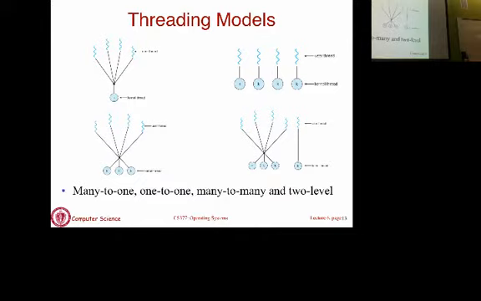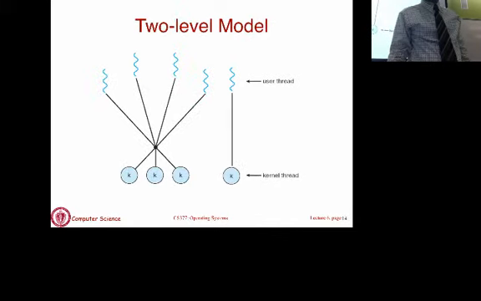So these are threading models to keep in mind, and as I said, by default, depending on whether your system is using a user level package, you will be in this regime. If you use a kernel level threads package, you will be in that regime. Only if you write an application to do these will you actually get scenarios that look like many-to-many and so on.